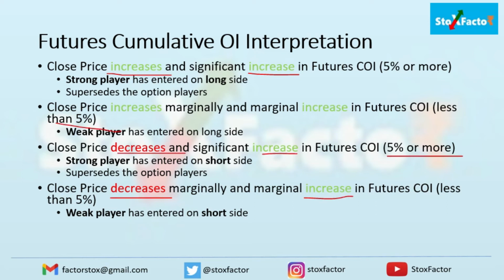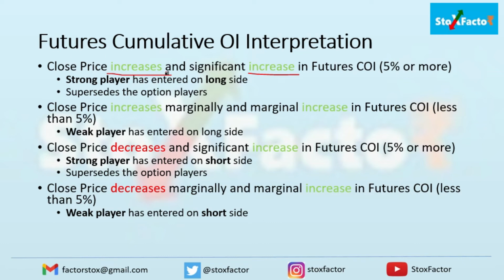This is very important. And why am I saying this? Because you know that futures positions can be rolled, but option positions cannot be rolled. So that's why the futures player has more weightage than the option players. So whenever a strong player enters a particular stock at a particular price, that player has the tendency to move the price higher for that stock from where the player started buying.